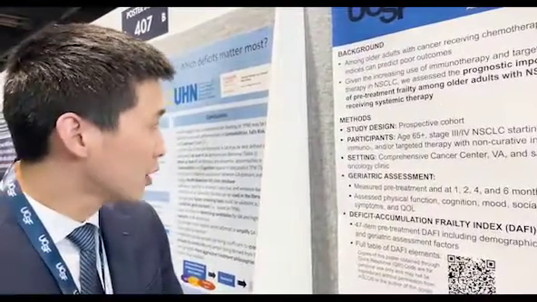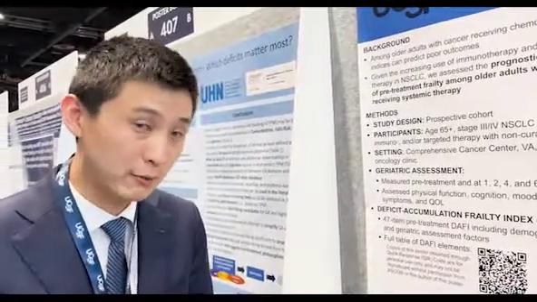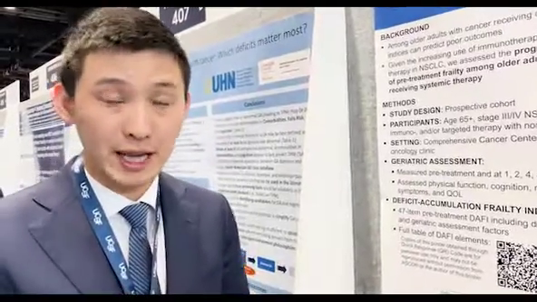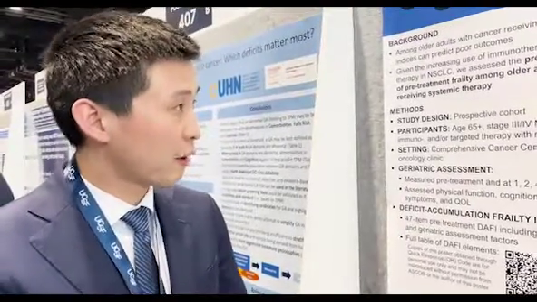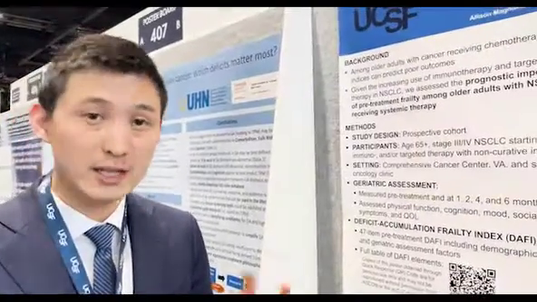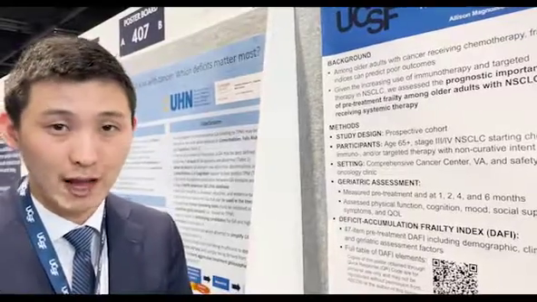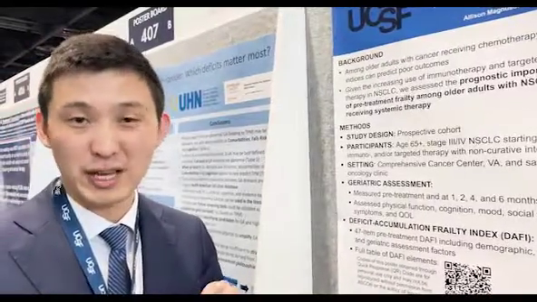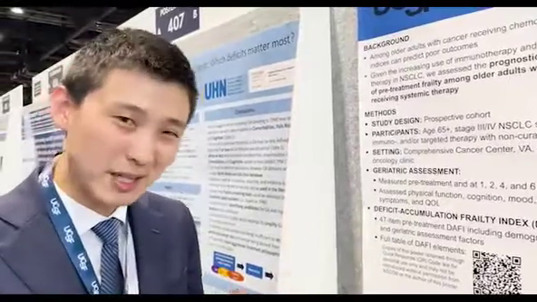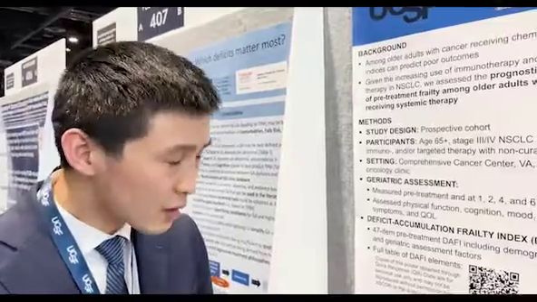So we were looking at a patient population that was 65 or older. We know that older patients are more at risk for having quality of life decline, as well as worse survival in cancer treatment. This frailty index has been shown in other cancer types to be able to predict when patients are more likely to have quality of life decline or to have worse survival. This is in other cancers like GI cancer, breast cancer, but we were looking specifically in patients with lung cancer, especially because they're getting multiple types of treatments: chemotherapy, immunotherapy, and targeted therapy.